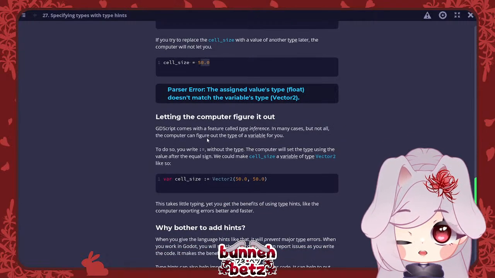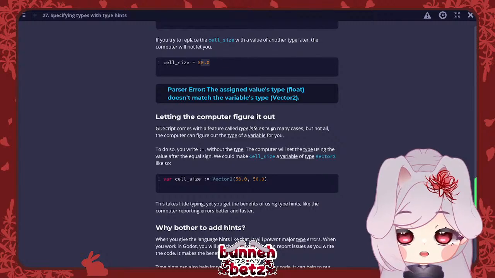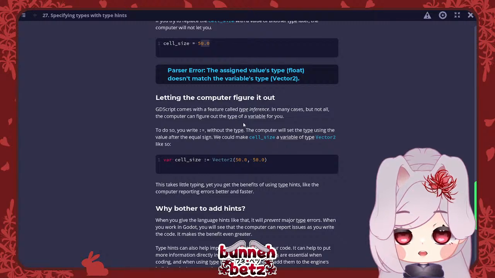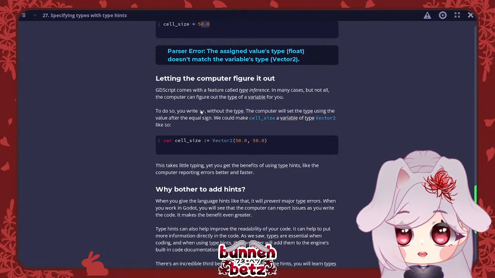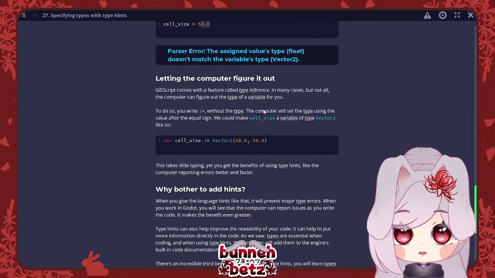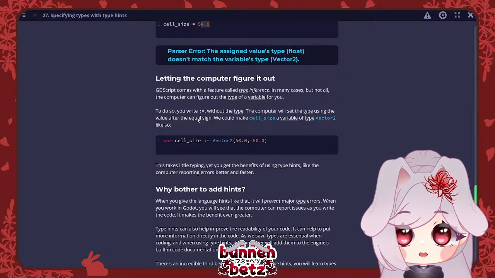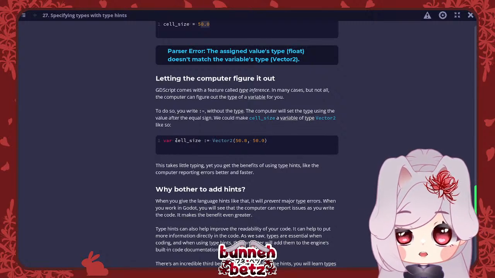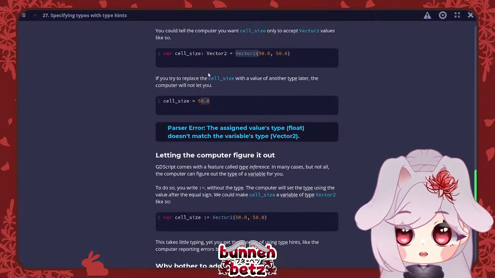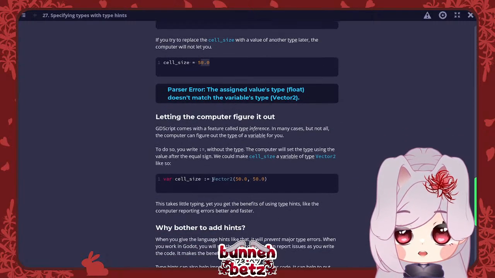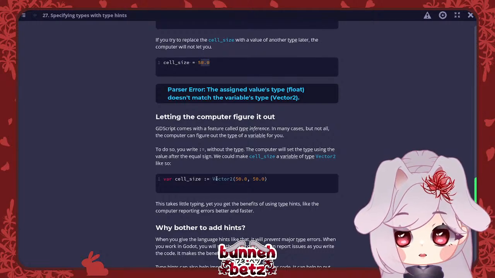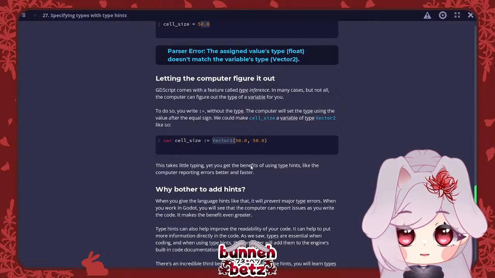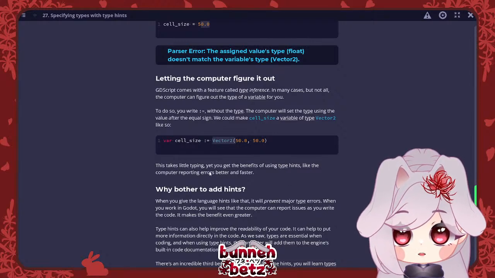So letting the computer figure it out. GDScript comes with a feature called type inference. In many cases, not all, the computer can figure out the type of a variable for you. To do so, you write colon equal without the type. The computer will set the type using the value after this equal sign. We can make cell size a variable of type vector 2 like so. Oh, so you're skipping the vector 2 part because once you do the colon equals, it identifies this as vector 2. This means less typing, yet you get the benefit of using type hints, like the computer reporting errors